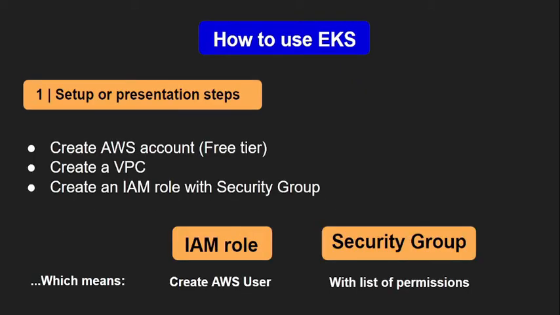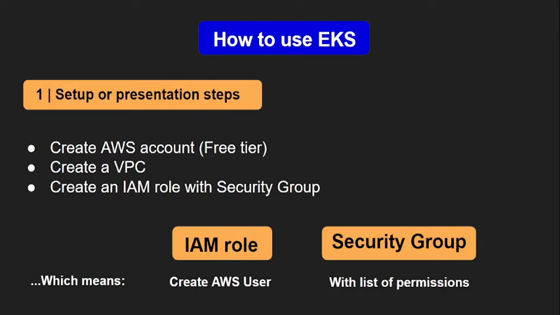Suppose you and your team have a small project which you want to run in Kubernetes and you want to do that with EKS. In order to create the cluster with EKS, there are the following steps involved. Before even creating a cluster, you need to do some setup or preparation. First of all, obviously you need to create an AWS account. There is a free tier for 1 year when you are a new user, so you can take advantage of that.